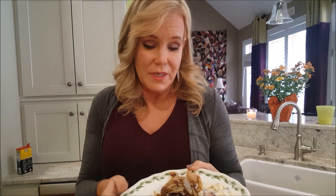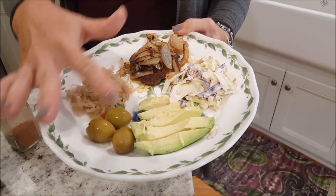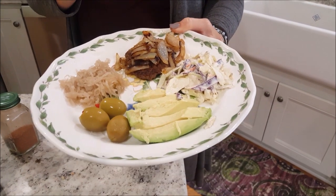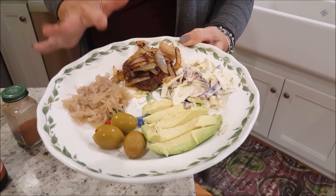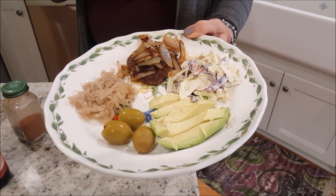One of the things that you need to remember is that half of your plate should be vegetables, and that's exactly what this is. I mean, even probably more than half. So all of these are considered vegetables, and then you have your protein, which is a very small amount. You don't even really have to have that protein on the plate. You could even do the whole thing with just vegetables, but I like the sustainability of a little bit of